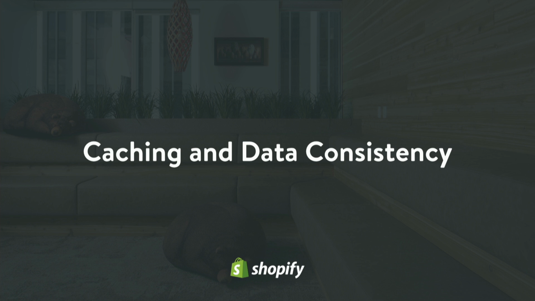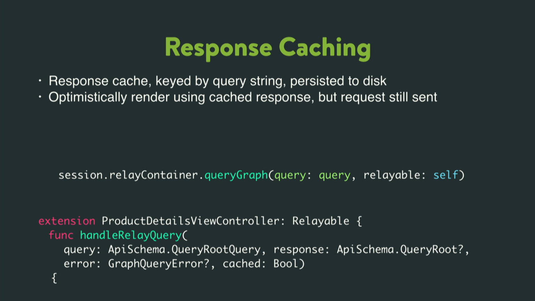So let's end by talking about how we cache things and keep data consistent across the app. For caching, we cache whole responses, and we key that based on the query string and persist that to disk. That way, when the app is reopened, we're able to quickly render something, and if that data is changed, we still actually send that query so we can get back the response and change the view with the actual data that we've just gotten. So we have to handle both of those responses,